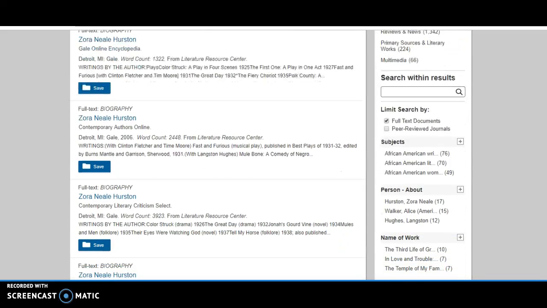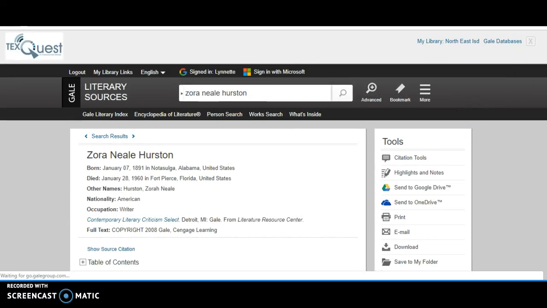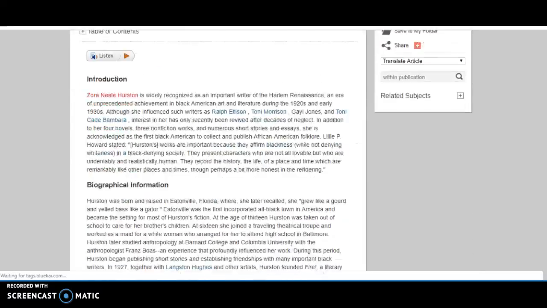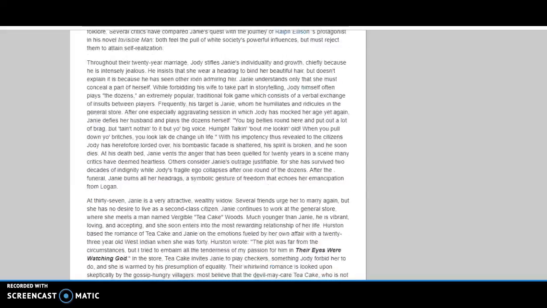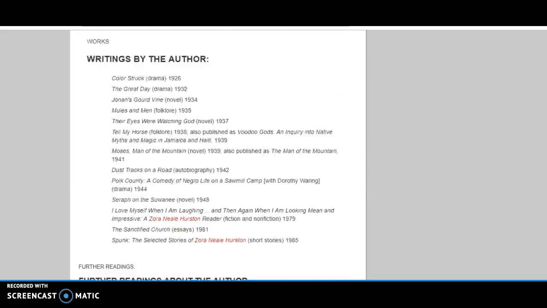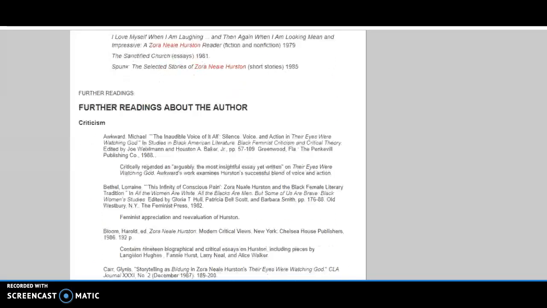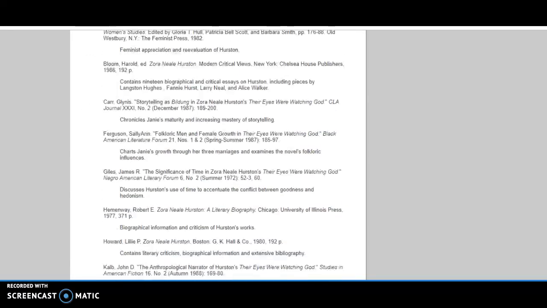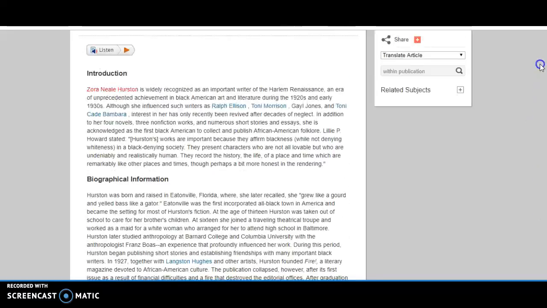Let's say that we take the third one, full text biography from contemporary literary criticism. This gives you the source. And if I click this, this is going to actually bring up the biography. Here's the article. I want to show you, if you scroll down to the bottom, you also have a list of her works. You have a few more articles cited at the bottom, further readings about the article, about the author. Okay. Come back up to the top